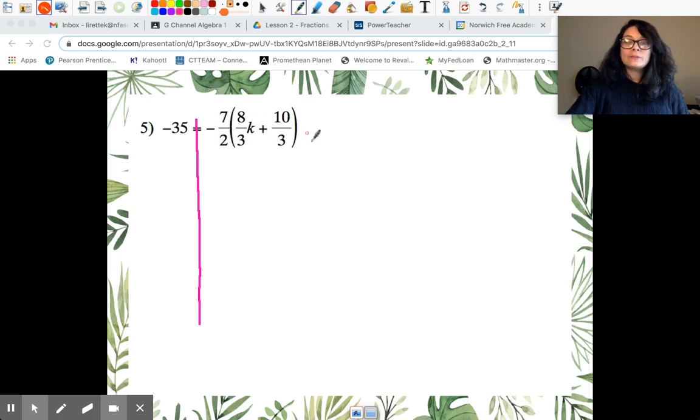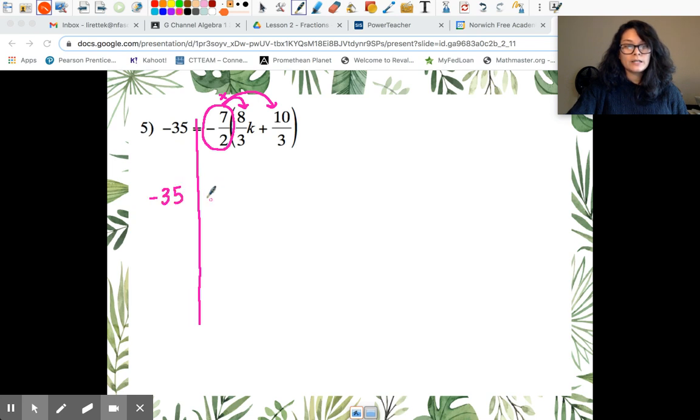And what's different about this equation versus all of the others that we've done is that we have parentheses here. When we see parentheses, we must distribute first. Remember that when we distribute, we're taking that number that's touching the parentheses and we're multiplying. Okay, we're multiplying to each of the inside numbers. You can use your calculator to help you with this. This is going to be a calculator